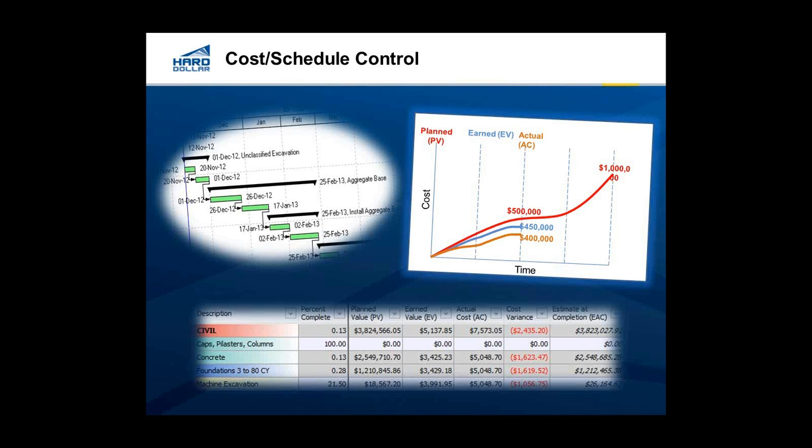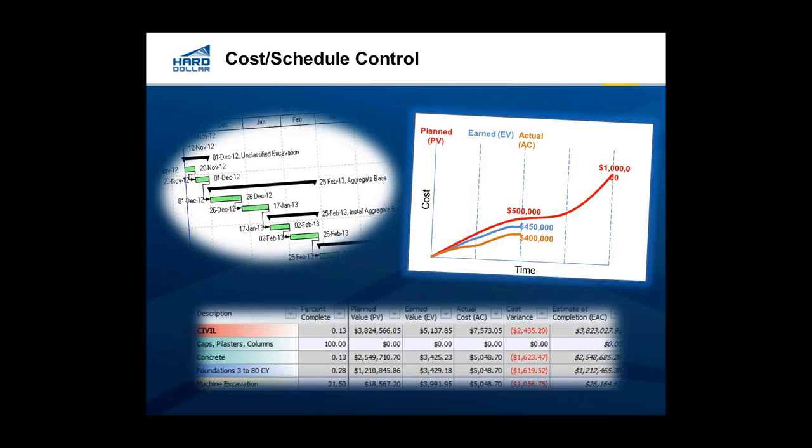So, taking a look at cost and schedule control, we have some reporting that can come out of it, the analysis that comes out of the information that we pull in. So the first battle is to pull that information from the field. And there's a lot of tools out there to help with that. $1 has some tools in place to gather information up from the field and get it into a centralized place where you can manage that information. But the three main elements that I want to point out, number one is schedule tracking. As you're pulling in actual dates of when things occur, you're going to compare that again to your baseline schedule and make sure that you're staying on track. Secondly, you're going to have